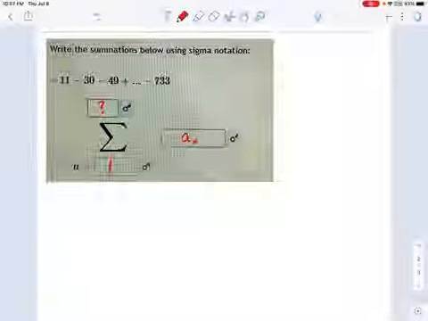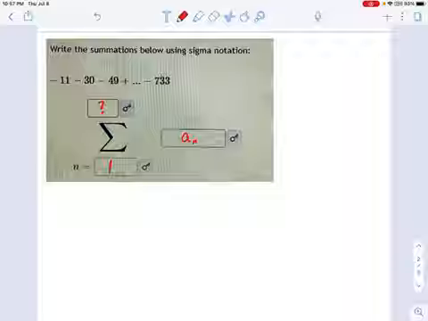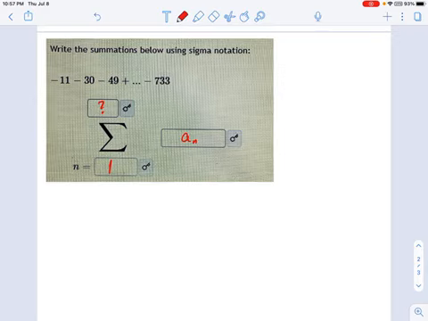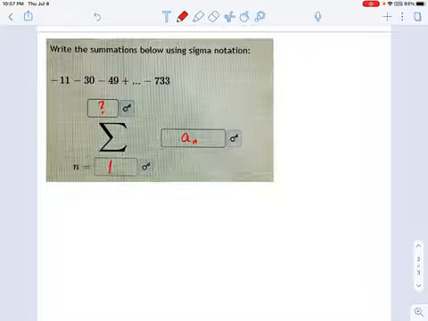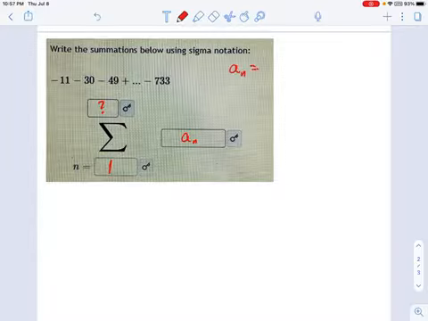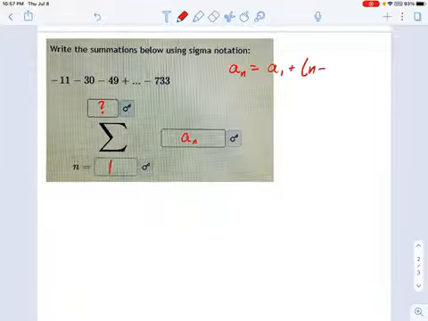So what this problem is really asking us for is, one, do we know what a summation symbol is? But what it's also getting at is, do you know what the explicit formula is for this series? And do we know how many terms there are in it? So let's go about figuring that out. I need to use the explicit formula to figure out the explicit formula. And here it is. You should know this by now. a_n equals a_1 plus n minus 1 times d.